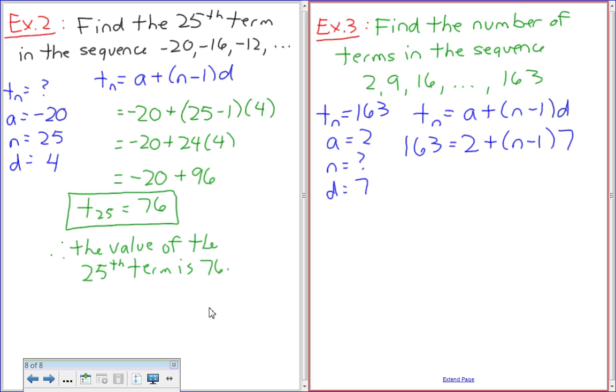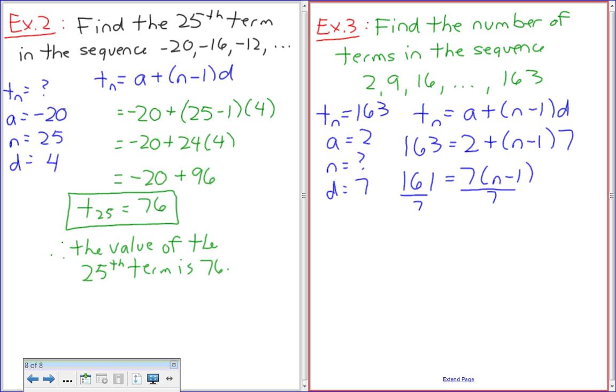You can either add 2 or you can get rid of the brackets, either one of those. Let's add 2, okay? So if, no, you don't add 2. Subtract 2, yeah, so I got confused here. So that's 161 equals 7 bracket n minus 1 bracket, okay? Now, either you can FOIL it out, or you can divide by 7, okay? If you want to divide by 7,